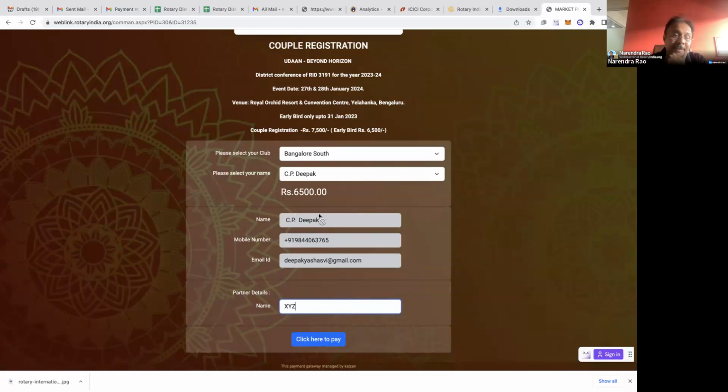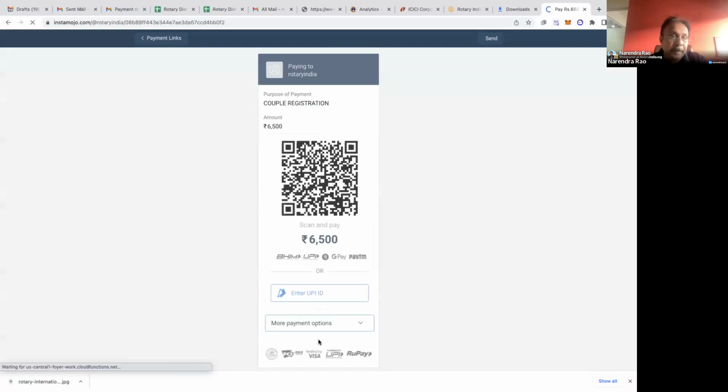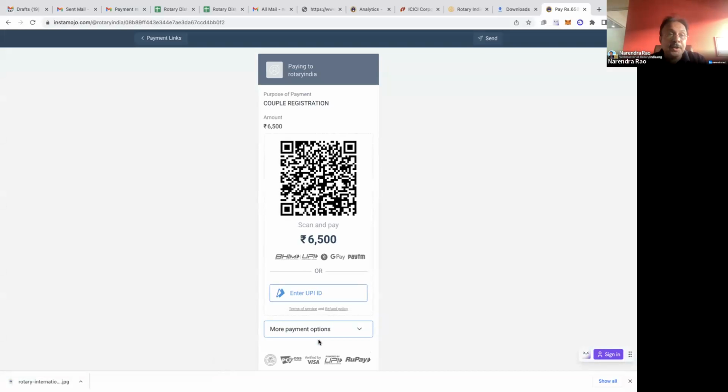Now this district is not asking for a t-shirt size or food preferences. Example, if they had, even that button would have come here. Now I click on pay. Now when I click on pay, what you see on the top, see the security on the top,